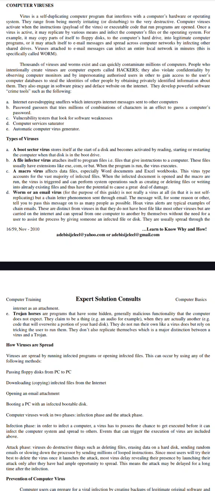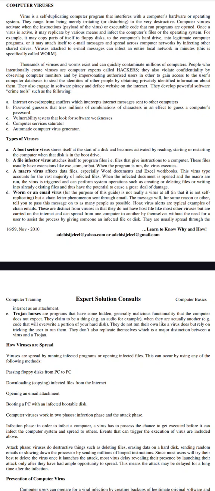Types of viruses: a boot sector virus stores itself at the start of a disk and becomes activated by reading, starting, or restarting the computer when the disk is in the boot drive. A file infector virus attaches itself to program files that give instructions to a computer. These files usually have extensions like EXE, COM or BAT. When the program is run, the virus